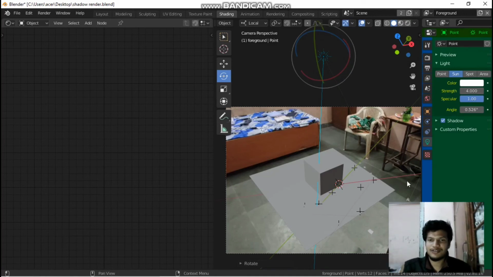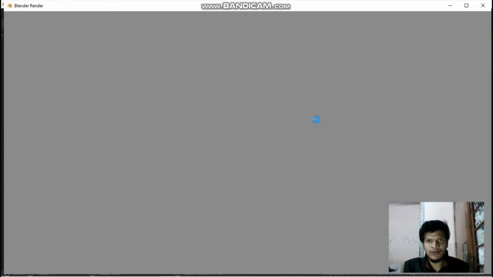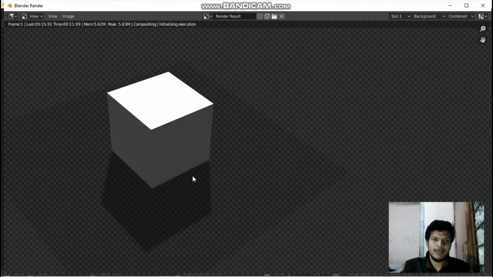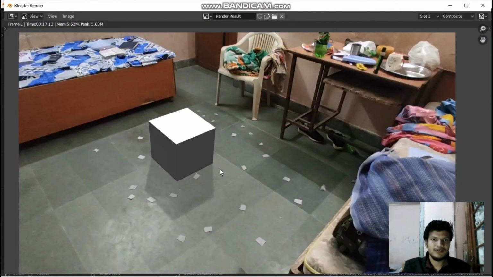Let's press F12 on your keyboard again and see what happens. So there we go. You can also tweak some settings, such as increasing the light intensity.